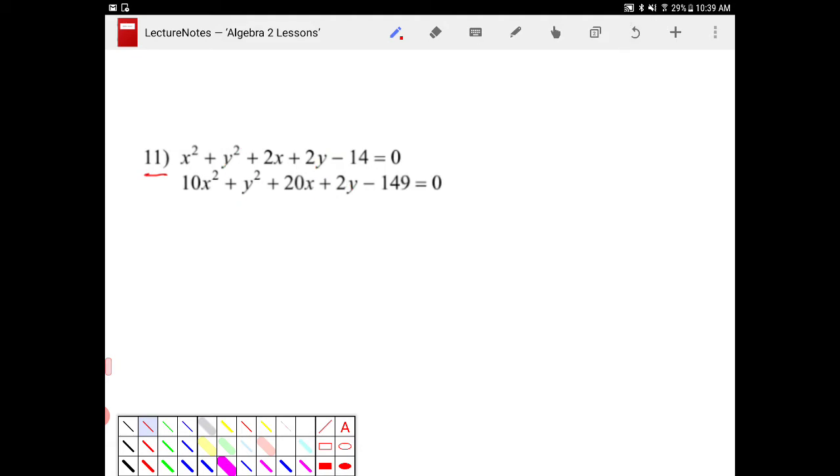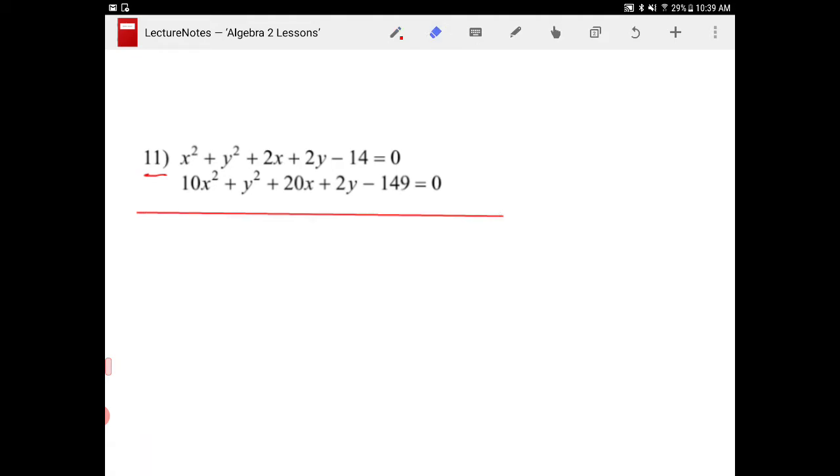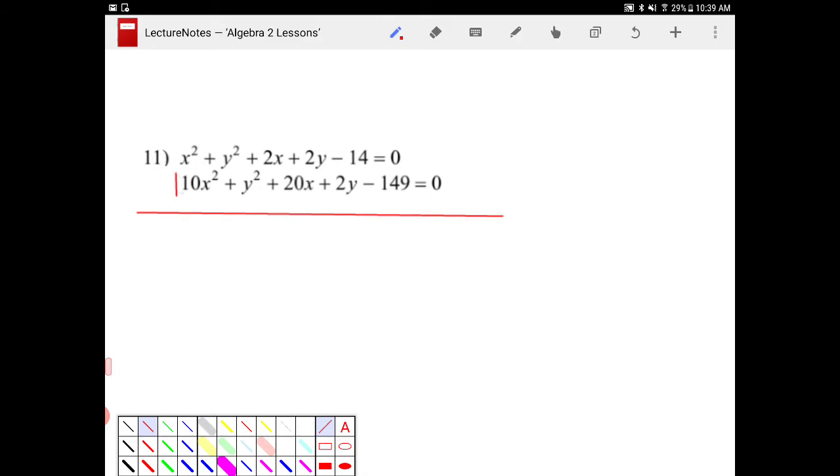So what I'm going to do is I'm going to line these things up. Actually, they're kind of lined up already, so I'm just going to jump right in and do the subtraction. Okay? So I'm going to get rid of this. Hold on. All right. So if I perform the subtraction,